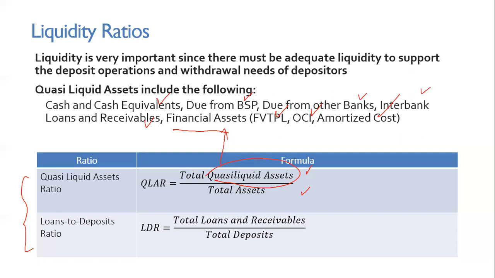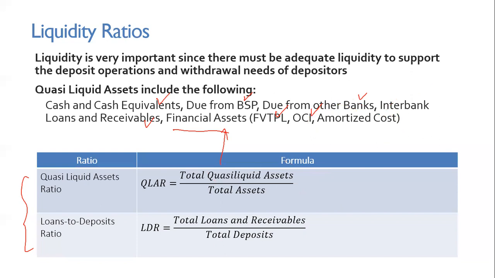Why are they liquid assets? Because it's easy to convert them to cash. Why are they quasi-liquid? Kasi hindi naman talaga siya ganun ka-liquid. Like, for example, financial assets at amortized cost. Sometimes it's difficult to sell that kasi kailangan private placement rather than selling it in the exchange. Right? So if that's the case, hindi ganun ka-liquid, pero at least may bibili niyan. Mas madaling ma-determine na medyo mas liquid yan than other assets of the firm. Okay? So that's why we use quasi-liquid assets in this calculation.